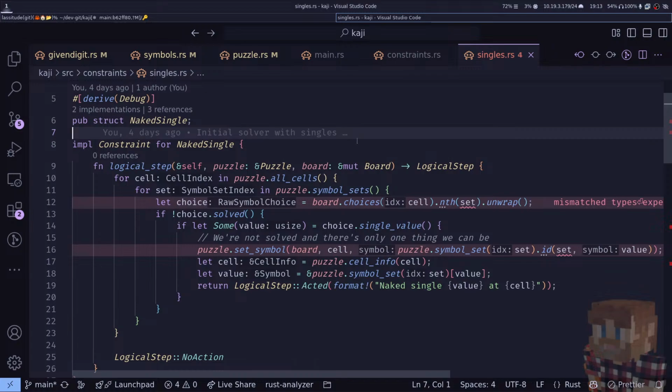How are we going to fix this? So we've got two options here. One is that we could say that boards always have a puzzle reference in them because you're always solving a board for a puzzle. And since puzzles are immutable from the point that the solve begins, that's acceptable. Certainly in the future, if we want to store partial deductions, we're going to store them in the board data structure rather than anywhere else. We want board to be cheap to clone, but we also need it to be full. I think I prefer that, because then we can change the logical step API